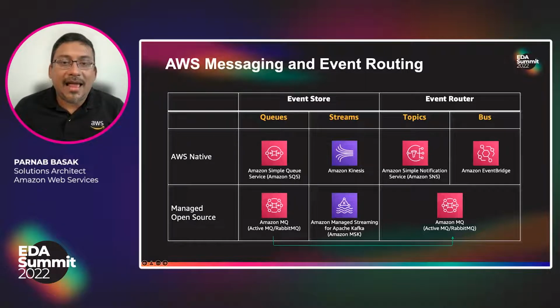Then I have Amazon MQ, which is a managed message broker service for Apache ActiveMQ and RabbitMQ that makes it easy to set up and operate message brokers on AWS. This has intelligent routing built into it, and hence it works both as an event store and as well as an event router. For stream processing, which we would not discuss much in depth today,